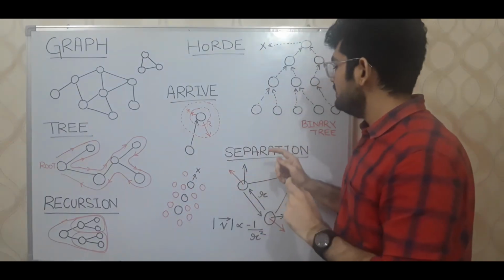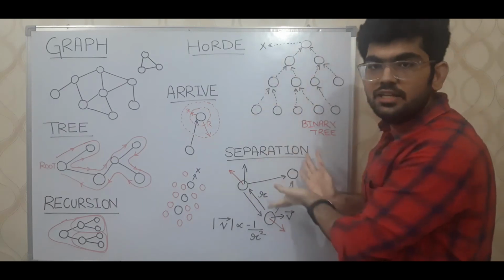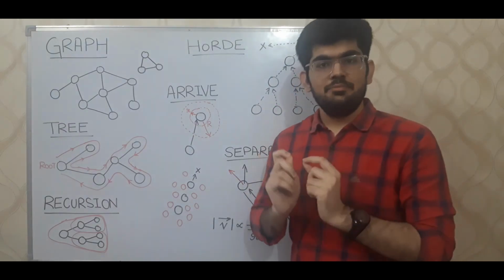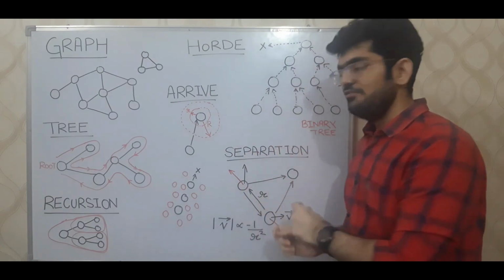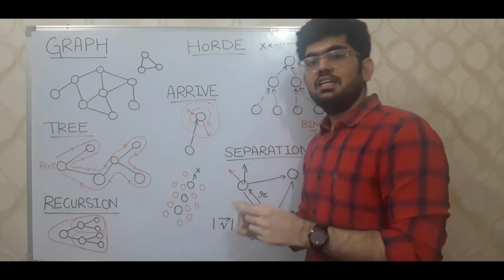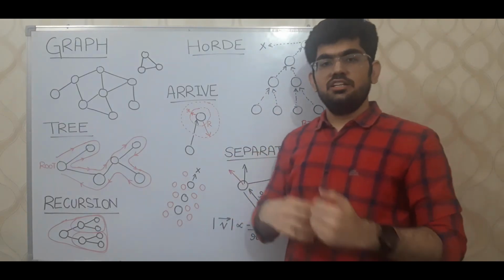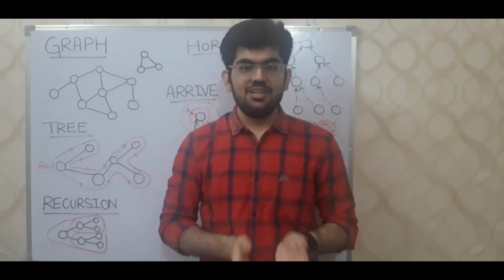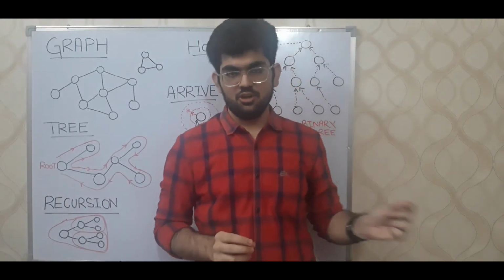Ideally, we should be using this separation algorithm between all the nodes that are present in the system, but I have not yet done this. This is a basic practice project that we have done, and we have only applied a separation algorithm between these two nodes. Applying this algorithm to all the nodes is going to be an improvement over this project. Alright, so this is the complete discussion of the overall algorithm that we had in the Zombie Horde AI.